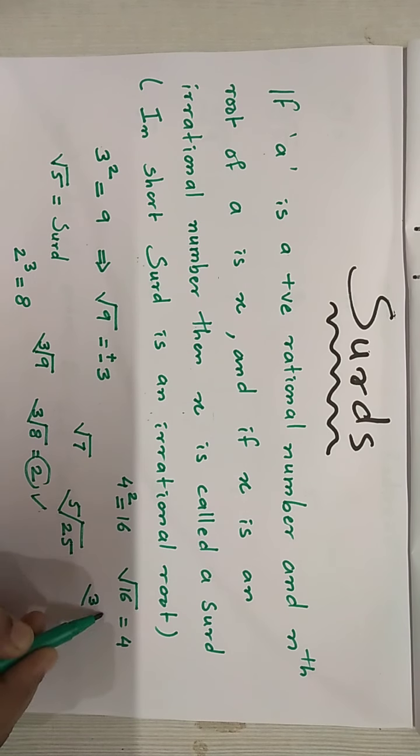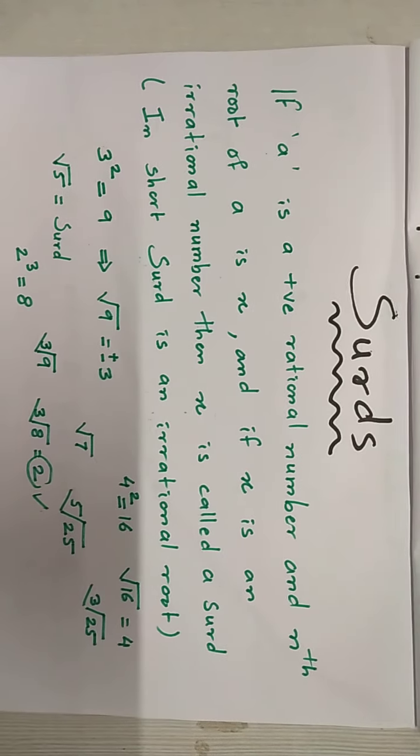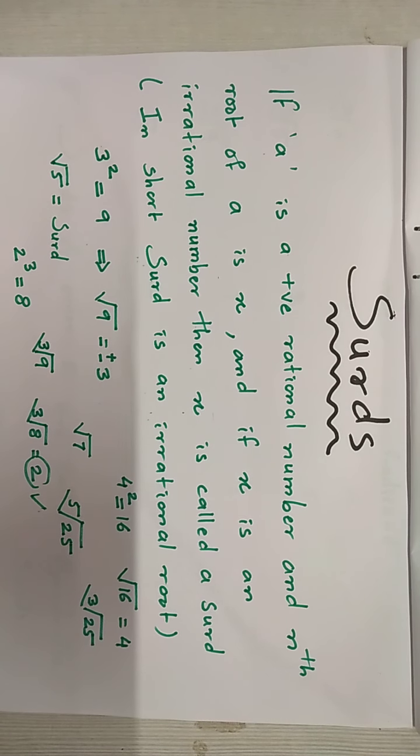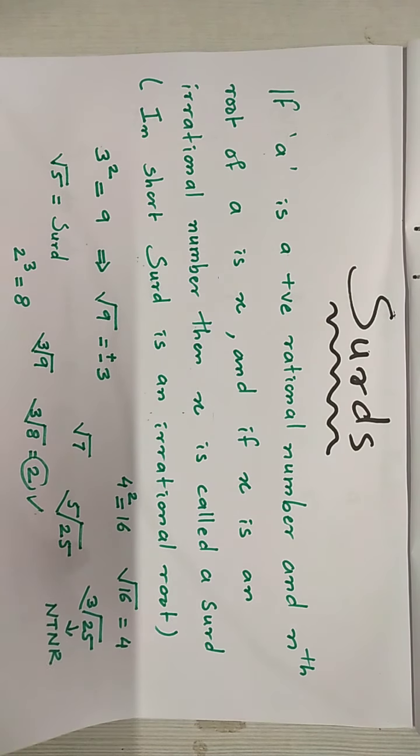Say for example, the cube root of 25. The cube root of 25 is not possible to find. The square root of 25 is 5, but the cube root of 25 we cannot find. The answer, whatever you get, will be non-terminating, non-recurring. You have other methods of finding it. As we learned in 8th standard, the division method for finding square roots of 2, 3 and 5. Such numbers are called surds. We'll see some more things related to surds.